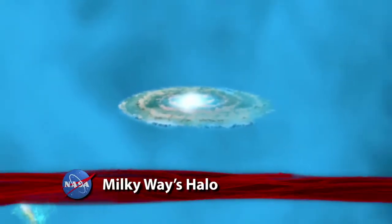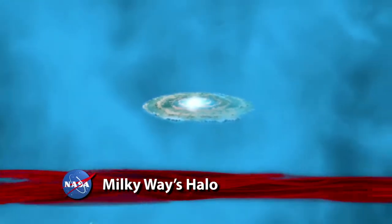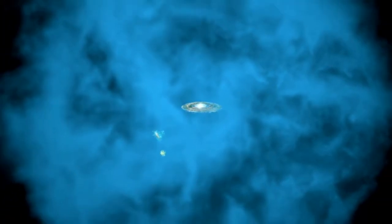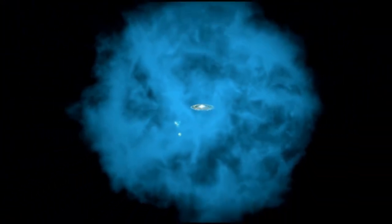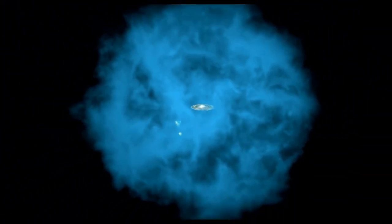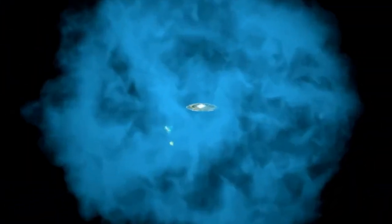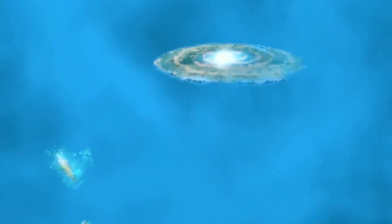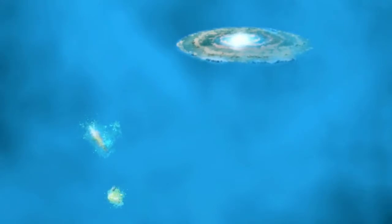This artist's illustration, based in part on data from NASA's Chandra X-ray Observatory, indicates that our Milky Way galaxy is surrounded by an enormous halo of hot gas. Extending hundreds of thousands of light years, this hot gas halo has a mass comparable to that of all the stars in the Milky Way, and a temperature much hotter than previously believed. The illustration shows the halo in blue, along with the Milky Way and 2 neighboring galaxies, the Small and Large